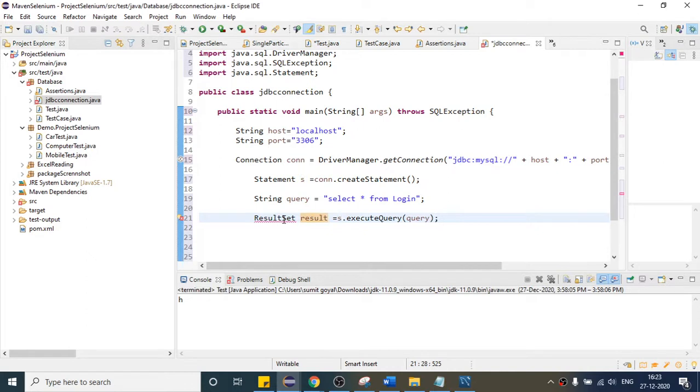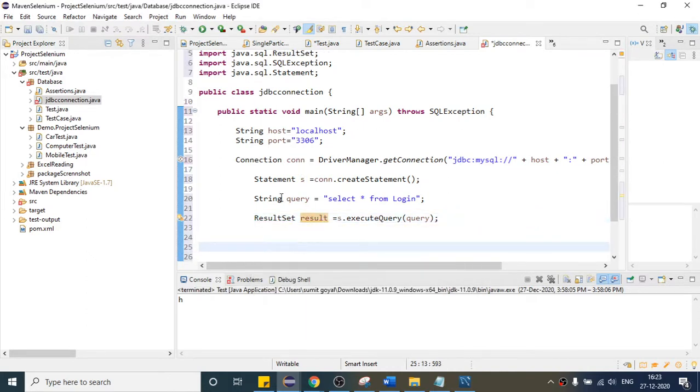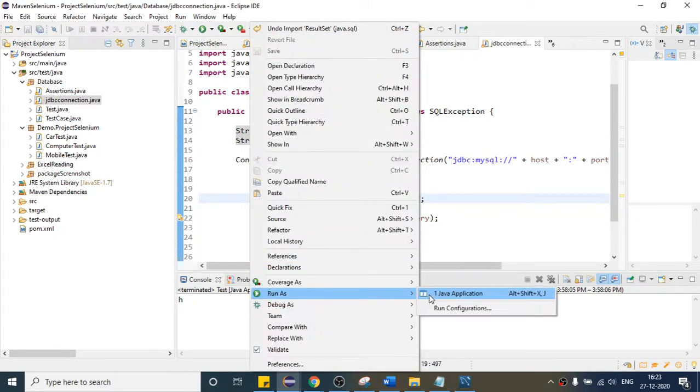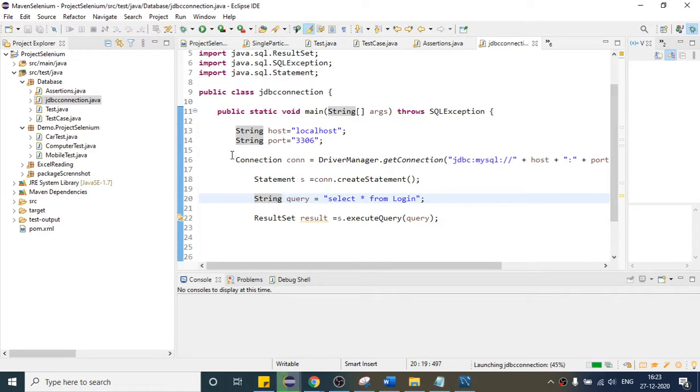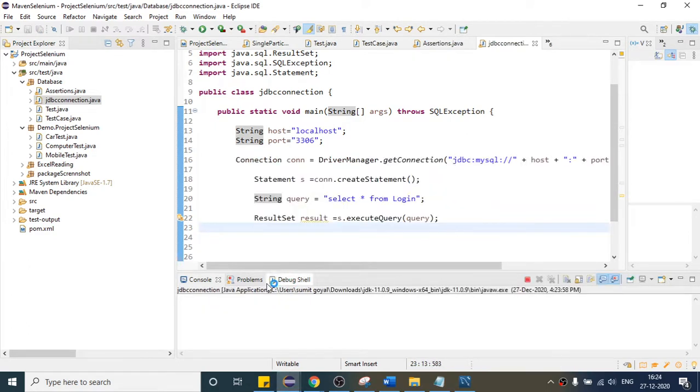First of all, let us run till this part only, to check whether we are getting it correct or not. As of now, it will not print anything. I want to check whether these lines are throwing any error. Okay, the program is terminated, which means we are going correct.